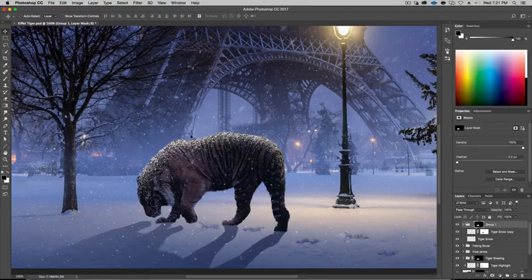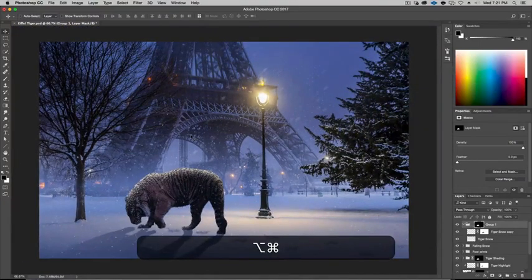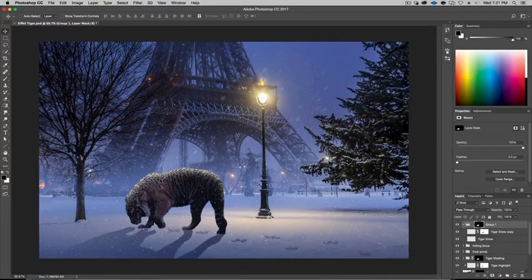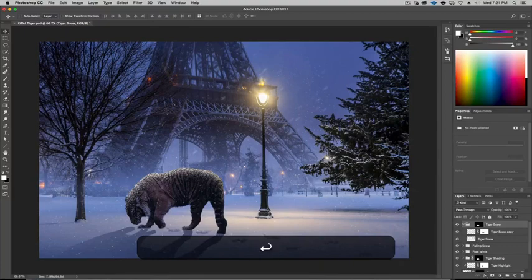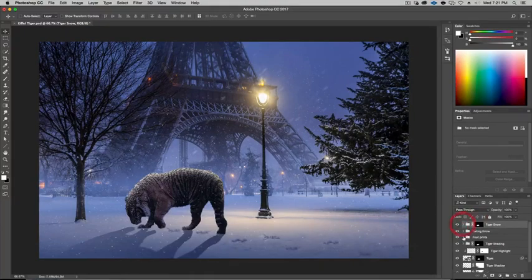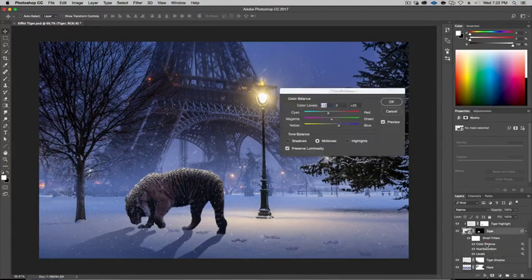That's cool. All right, so looking back, I feel like the tiger's color is still a little too warm. So let's go back. Let's name this Tiger Snow and relink it. Let's go back down to our actual tiger and open this up. I feel like it should be more blue, and that'll be in the color balance. So let's go into color balance, midtones. Let's bring this a little bluer, something like so. Hit OK.